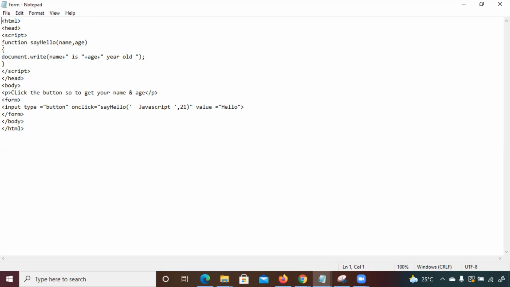What's the requirement here? What's the scenario? When you click on a button, it will print something on the screen. So how are you going to do that? Behind the button, you will call this function. As you press the button, it will call the function internally, and it will perform the operation that you are deciding here, right? What is this function doing? Can you see and tell me?